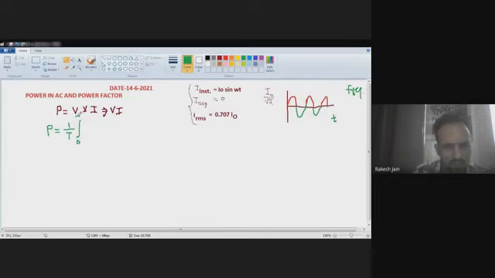Here, what is the capital T? Capital T is there because we calculate the power from the initial position over one complete clock cycle, whose time period is T. So 1 divided by T, 0 to T, and because we wish to calculate the average power, I write P average, which is equal to the integral of P dt. P is the power and dt is there because we integrate this term with respect to time t.